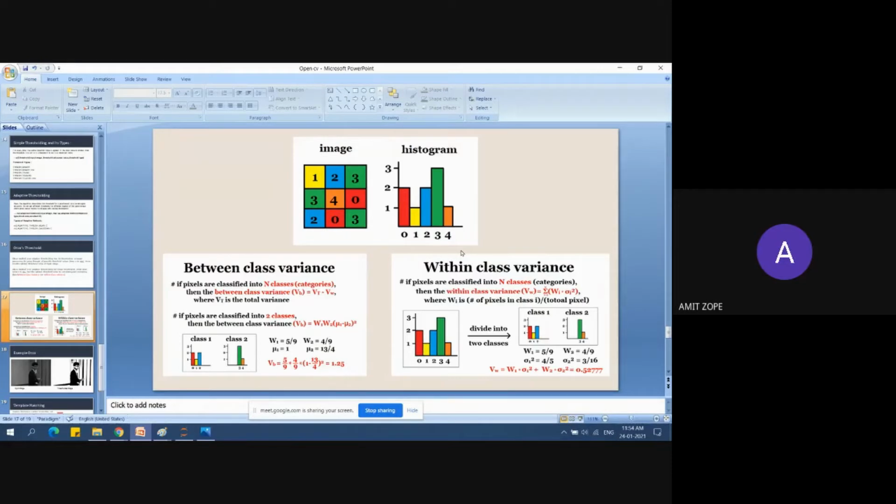So the within class variance should be minimum.